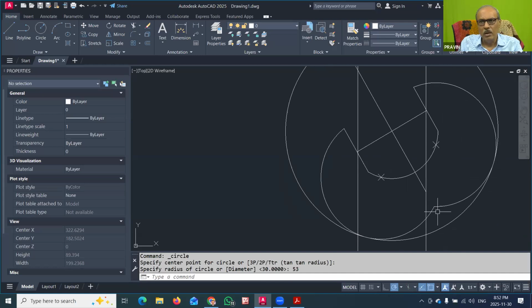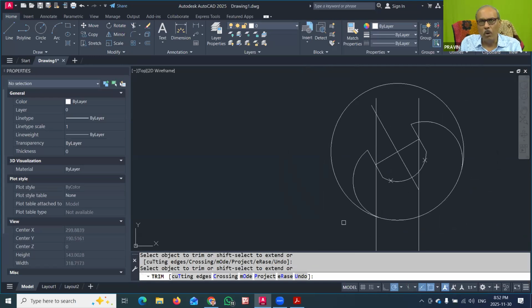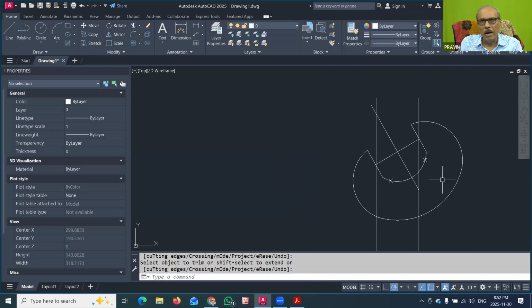So this inside part I can also trim. So I will go to the trim command and this inside circle I will trim. This also I will trim and this part also I will trim, and you can see that the object was remaining. Now the outer circle also we need to trim here. So this was the part trimmed, and you see that. So this is the part of the spanner that was now ready.